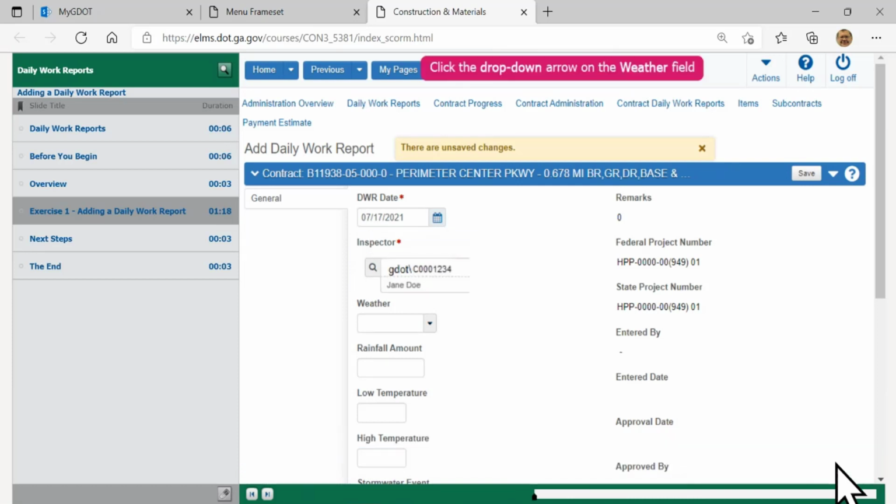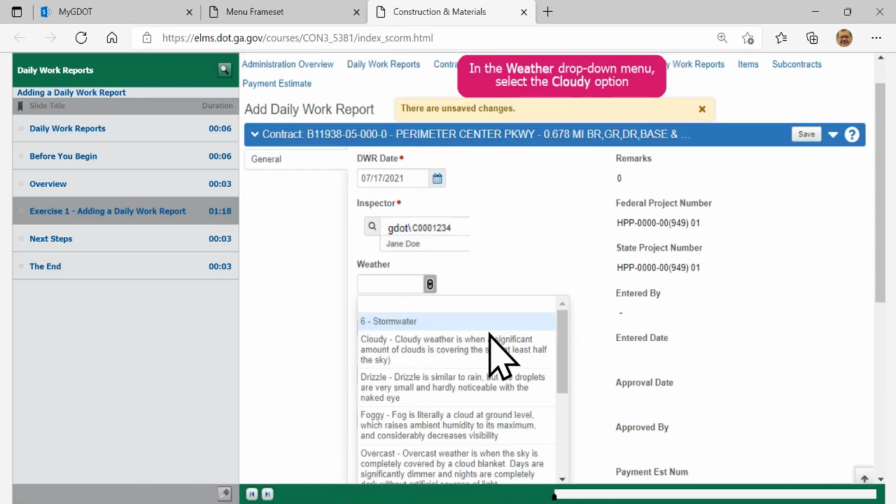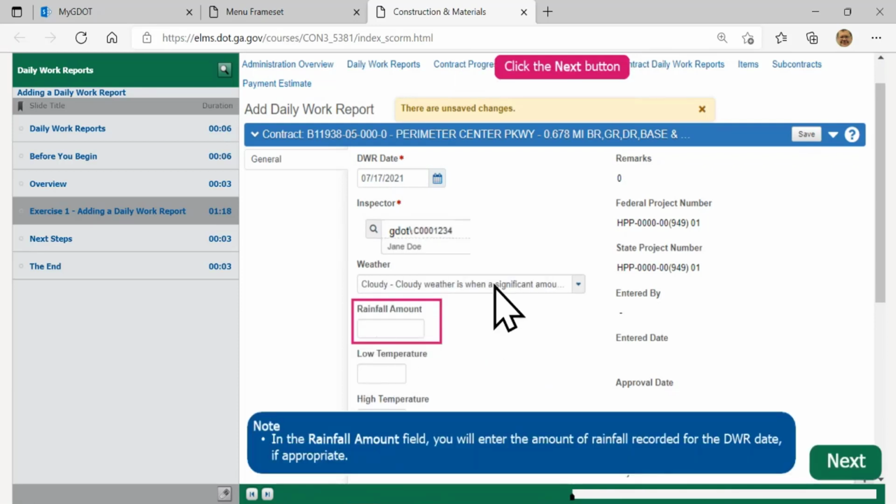Click on next. So go down to the weather field and click on the drop down for weather, and you'll see some of the different weather conditions that you can put in there. If you're dealing with stormwater issues, cloudy, drizzle, foggy, overcast, there's a sunny and clear option that you'll see if you scroll down there to find what you're working with. Lots of choices. Now, back on the 17th, that was sort of a cloudy day. So I'm going to go down and select cloudy. And that fills in the cloudy in there.